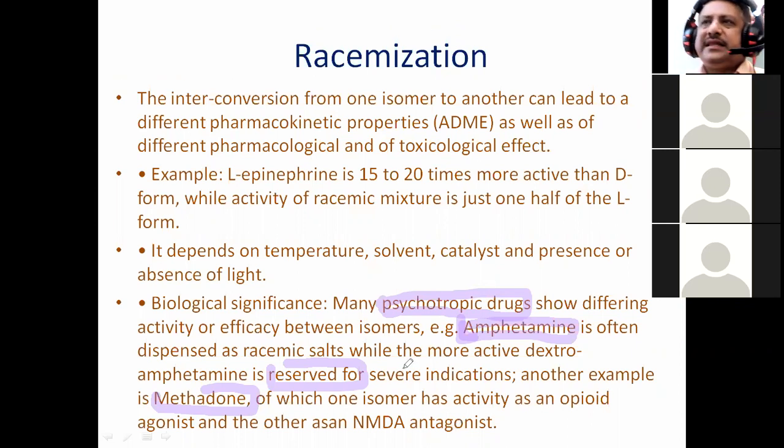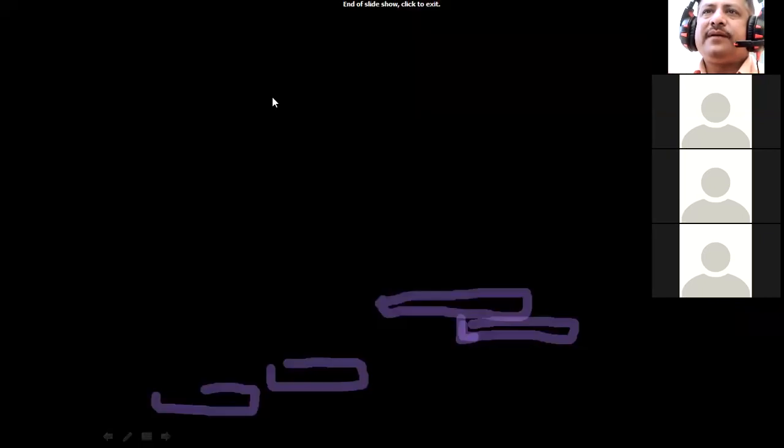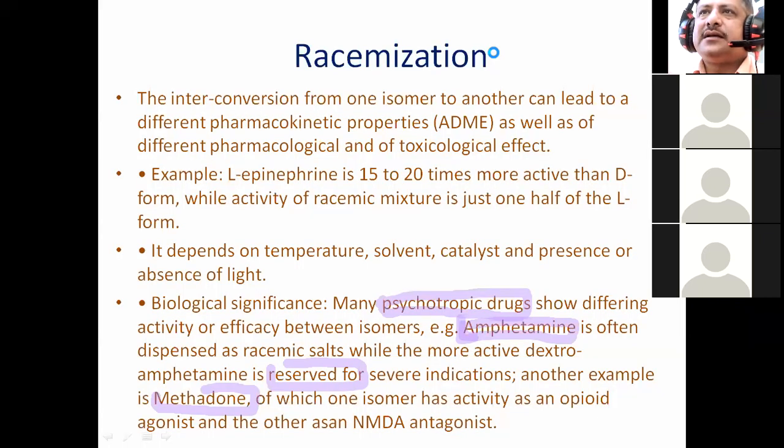Okay, so with this we have discussed all the points from the chemical properties under pre-formulation. Now the remaining things we'll be discussing in the